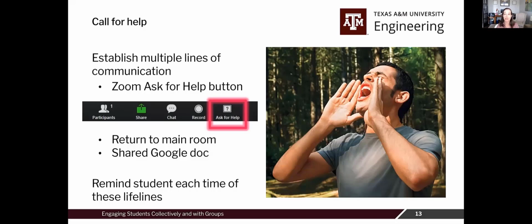And each class session, I remind them, remember, I'm going to put you in your breakout rooms and you're going to have 5 minutes to do this. And I'll give you the 2-minute warning. Remember, you can ask for help. The TAs are coming by. You can always put something in the shared doc. I put the link in the chat for them. Again, even though the link is always the same, it helps keep it at their fingertips so they don't feel like, I need some help and I don't know how to get it.